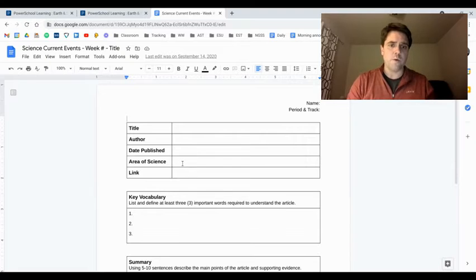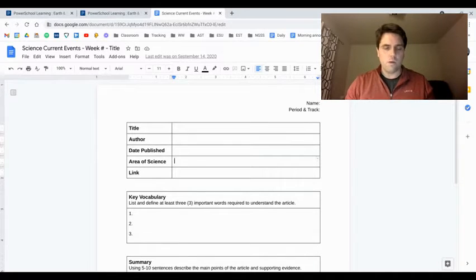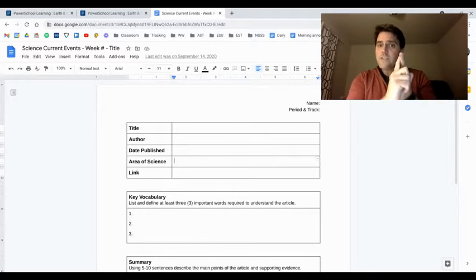Basics up here, pretty straightforward. Area of science. I've been seeing lots of ridiculous things in here for area of science, like politics. Politics is not science or any of that. I mean, if you're stuck or struggling to understand, some of them do tell you it's astronomy or something like that. But if you're struggling, your basic areas of science, physical science, so physics, chemistry would be good to put in there.